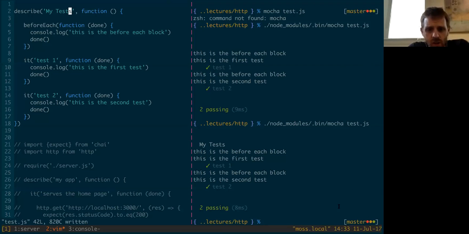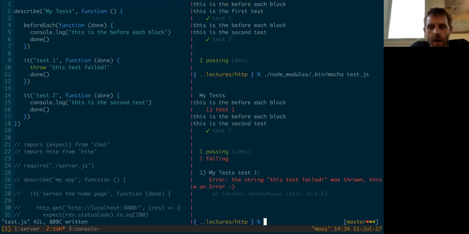And the way Mocha works is it assumes that if your test doesn't throw an error, then the test passes, which is why these tests have this green check mark, like the test passed, even though I didn't test anything. And so what I could do is say, so in these tests, if I want a failing test, all I do is throw an error. Test failed. So if I do that, we'll see that test one failed, and it doesn't kill the application, right? It catches that error, it runs the rest of my tests, but it marks that test one has failed,